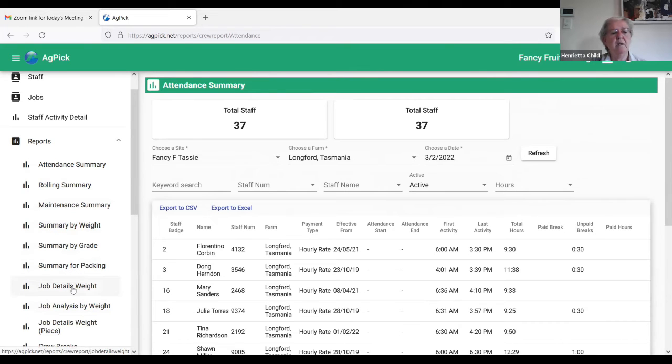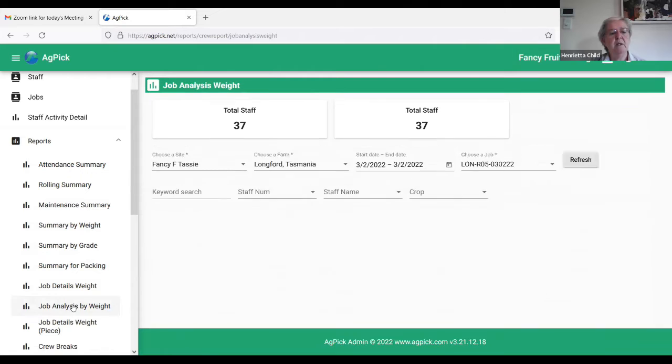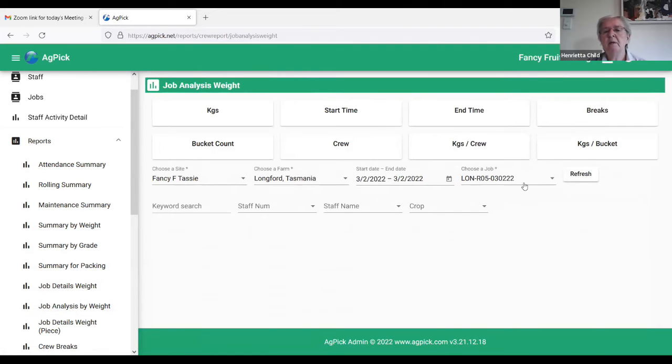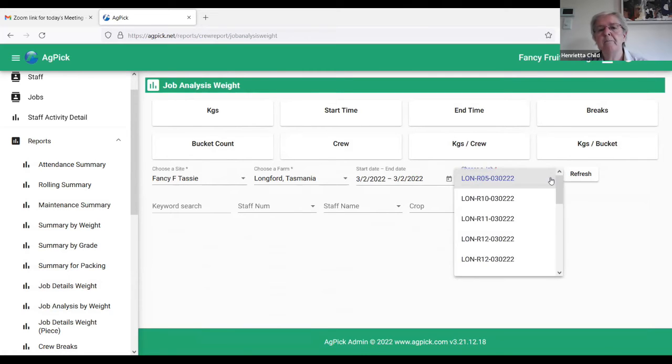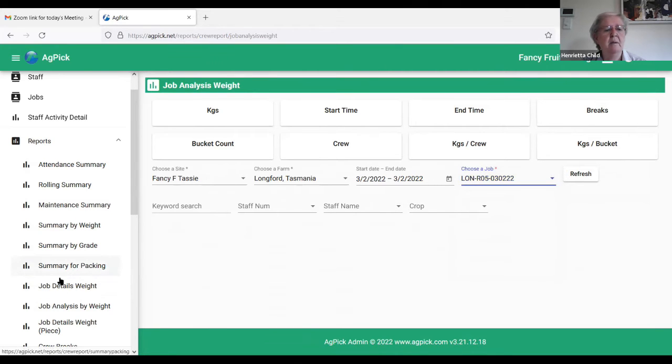So I'm just going to go and look at a job analysis. Our main way of seeing that is through either the job analysis or through summary picks for the day. But I'm going to just start with the job analysis, just having to move this screen around so that I can